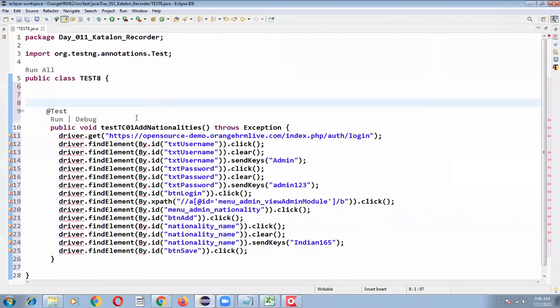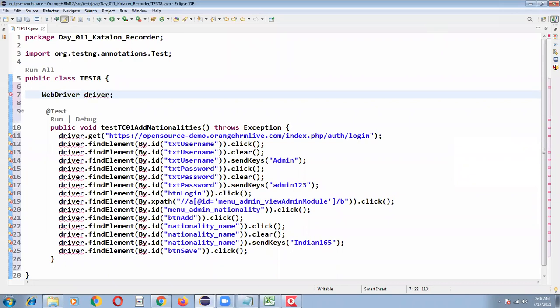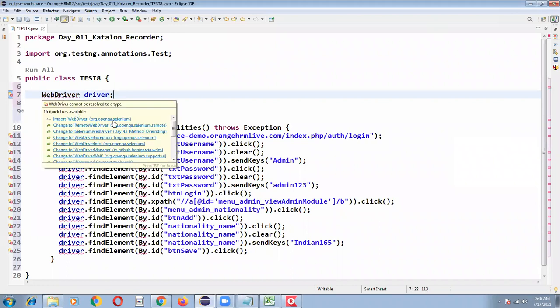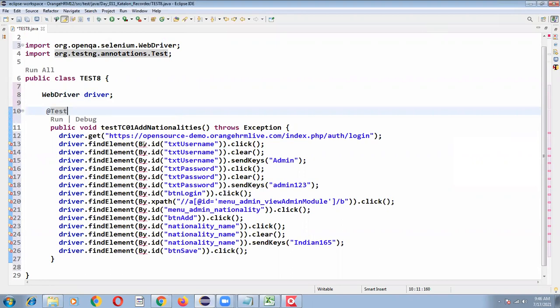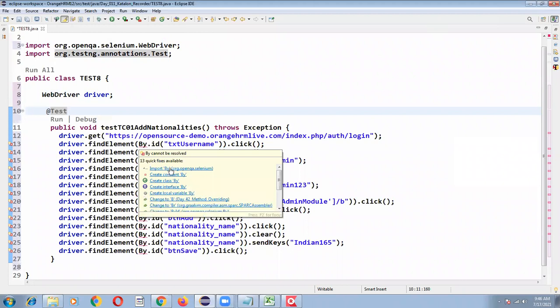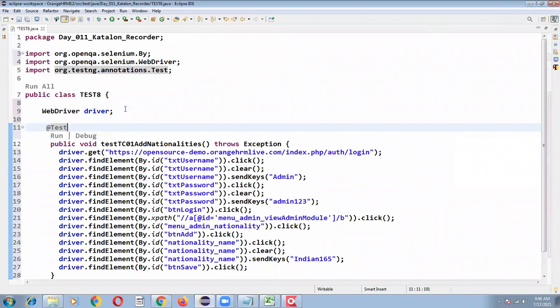This is the set of driver instructions which was given by our Katalon Recorder. I'm declaring my WebDriver, and you need to import this WebDriver supporting object. So import WebDriver, it's imported. Wherever issues are coming, keep the mouse over and import the supporting libraries. All the supporting libraries are imported.